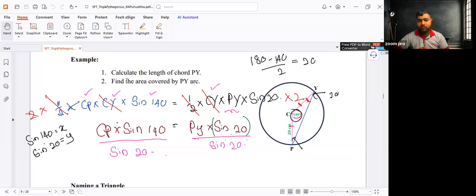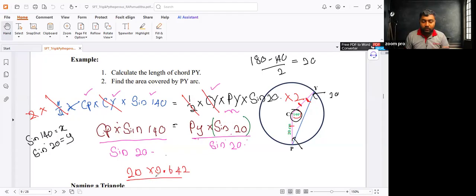No, no. Here CP is 20 centimeter, no? 20 centimeter into, then you have to find the value for sine 140. If you are not familiar with operating the calculator directly, you can just find the value for each one. Here